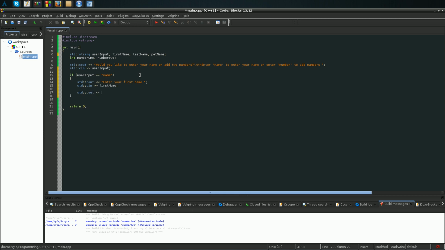std::cout "enter your last name", std::cin last name, std::cout "enter your pet's name", and then std::cin, what is it? Pet name, that's what we call that variable, pet name. Okay, and then we're going to std::cout